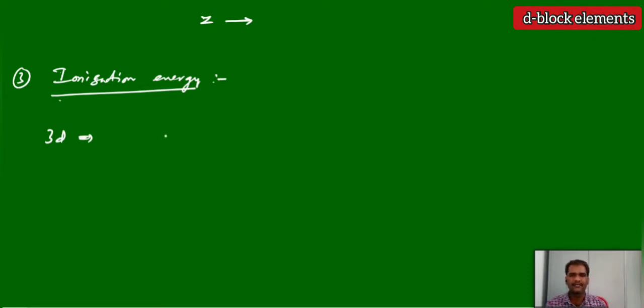Again, still we can see some abnormal behavior here. You cannot go for a regular increase in ionization energy. The ionization energy values are like this. First, the ionization energy of 3d series elements. Left to right it increases. Anyhow, scandium has less ionization energy than titanium. But there is an exception: titanium has more ionization energy than vanadium. Again, vanadium has less, regular only. Again, chromium has less than manganese. And manganese has less ionization energy than iron.